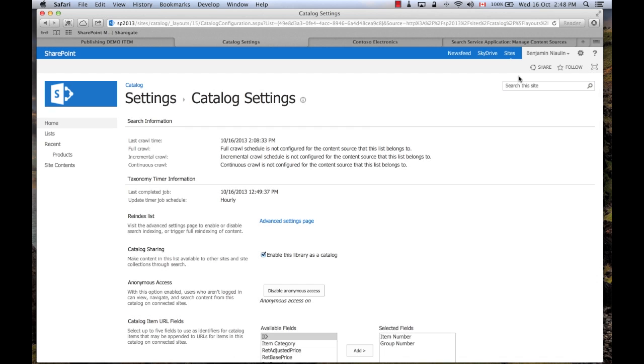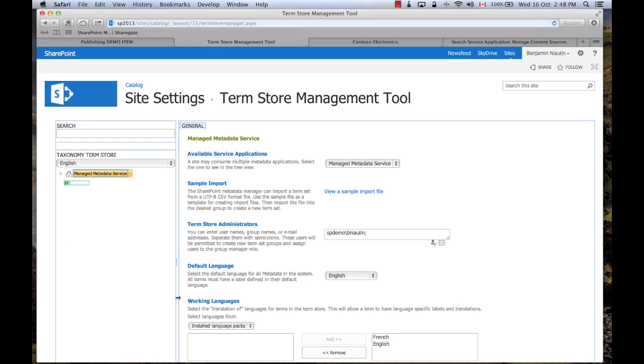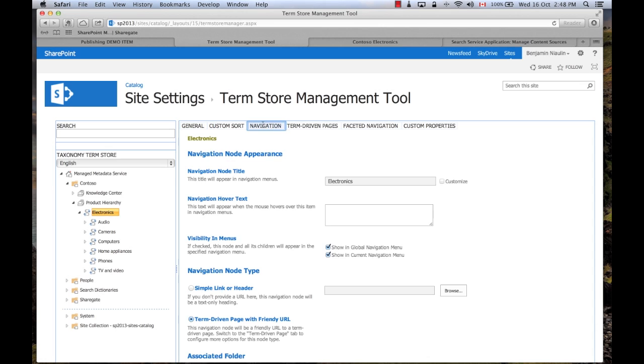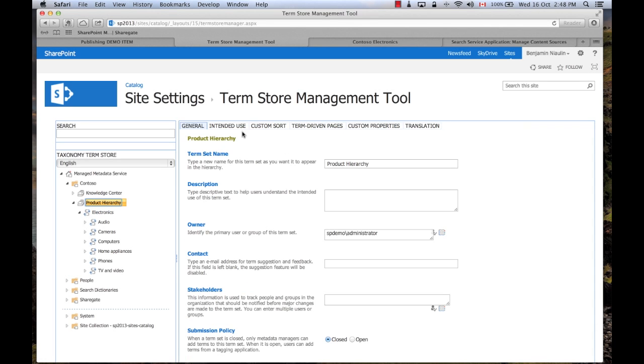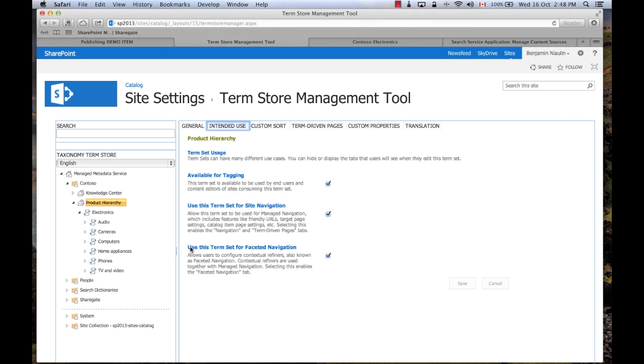I know, it's weird. And you're going to go to your term store where your original electronics term set has been used, right? You want to make sure that everything that you have under, for example, product hierarchy and intended use has been set to use this term set for faceted navigation. So you want to make sure that this is checked. Then, under each of these,